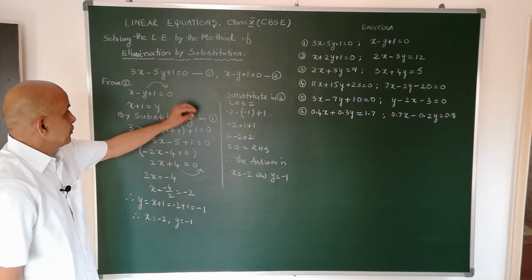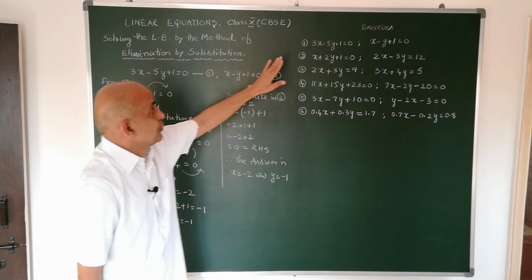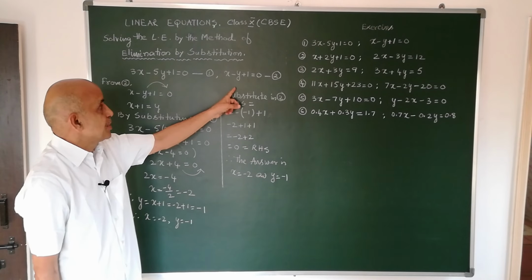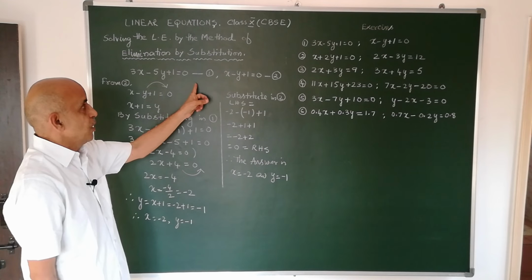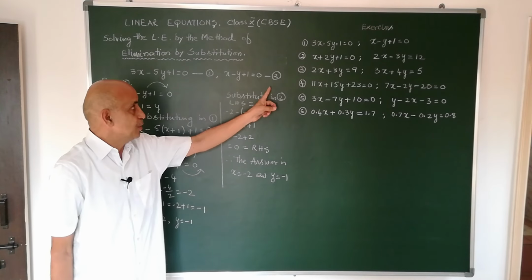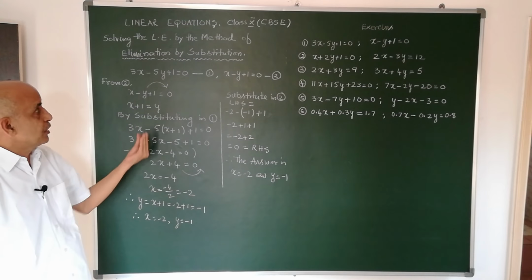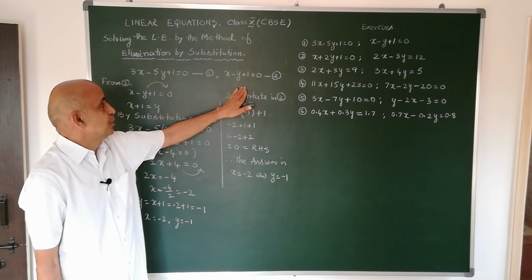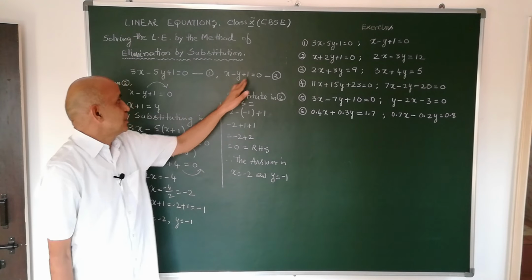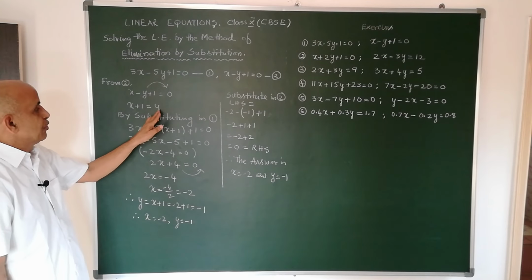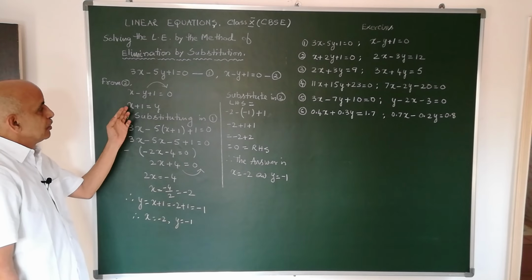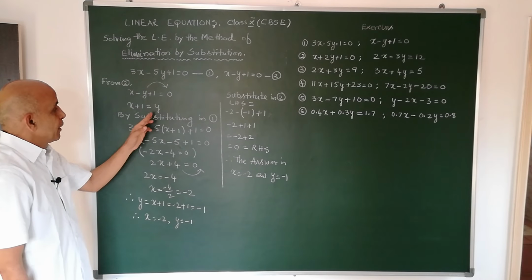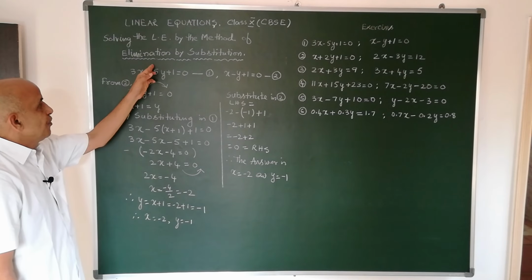So dear children, what we did, we have taken both the equations and we have named the equations, this as equation 1 and this as equation 2. So by taking any one equation, so this is more convenient, no coefficients. So simply I have taken y this side. So it is easy for me to find the value of y in terms of x. Now I will eliminate y by substituting this in the first equation.